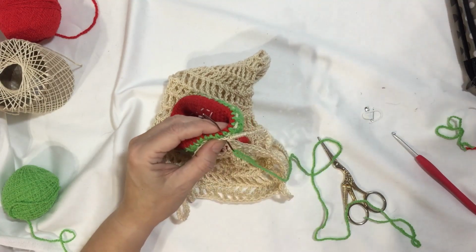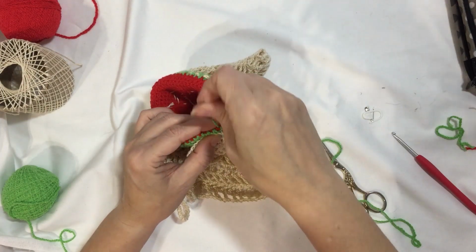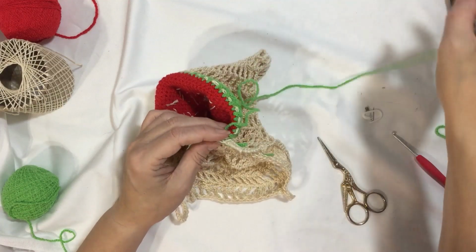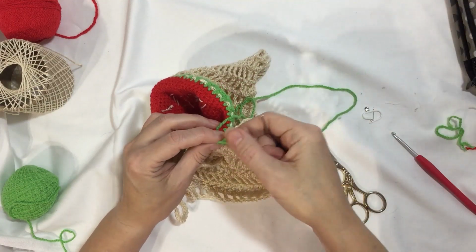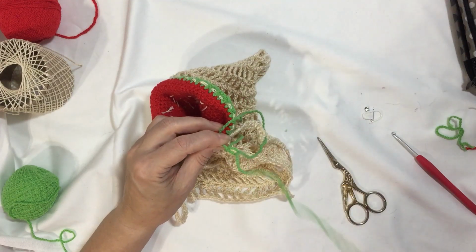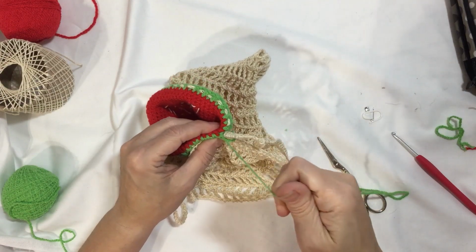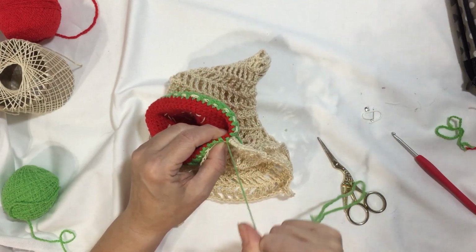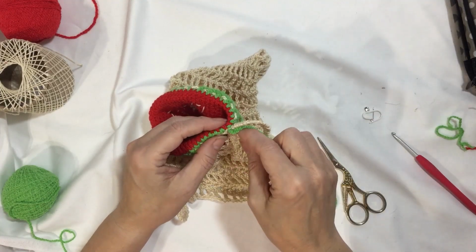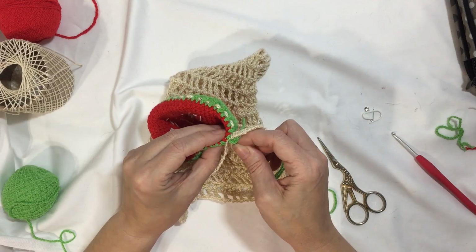It doesn't have to be really strong, because this is just when it's dangling when you're shopping, so it's okay. So pull through and then get to the slip knot, put your needle through, pull your yarn through the slip knot, and then pull that tight, and keep pulling until that slip knot tightens down and it gives you a good solid knot. I'm going to go one more time around that stitch,